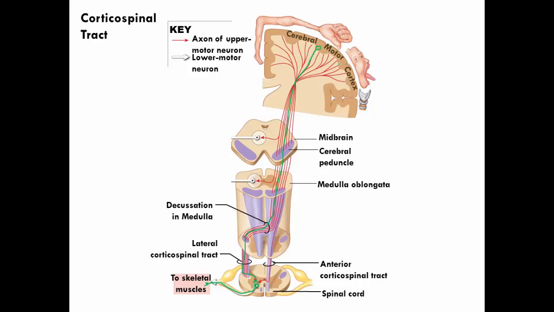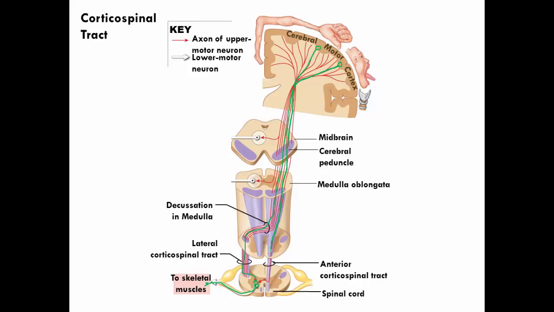The second possibility is that we have an upper motor neuron whose cell body is in the cerebral cortex, and its axon again descends inferiorly through the central nervous system, through the cerebral peduncles of the midbrain, through the pons, and through the medulla. But the other possibility is that our axon does not decussate. Most axons do swap sides, but some of them do not. So our second possibility is that the axon does not decussate, it doesn't swap sides, and instead it continues down